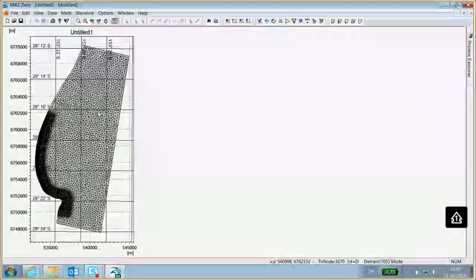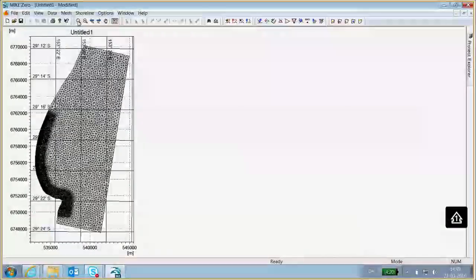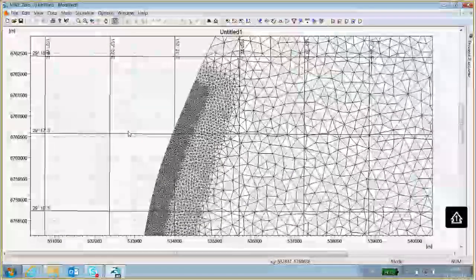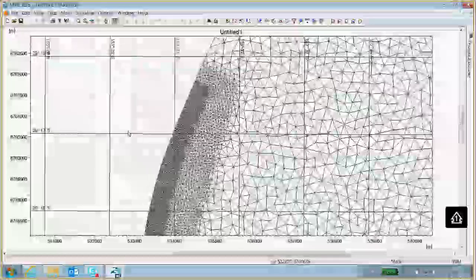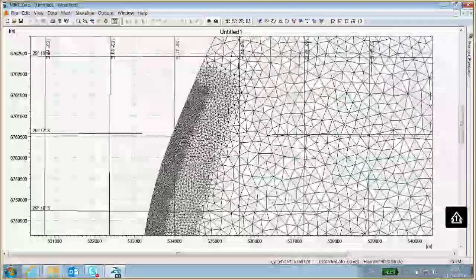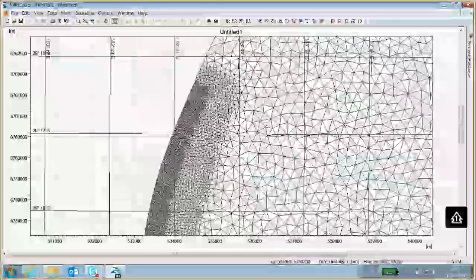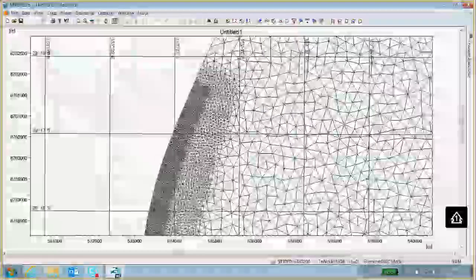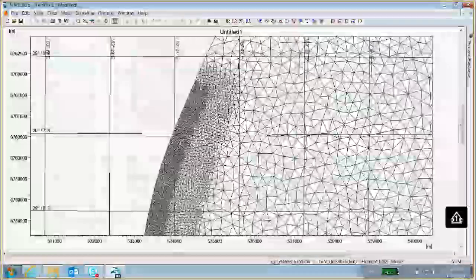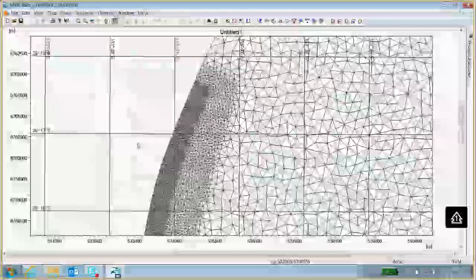So the first thing I want to do is generate a baseline, and the baseline is used in the shoreline model to define the direction in which shoreline points are moved. So that's similar to LIDLine, but the difference between LIDLine and the shoreline model is that in LIDLine the baseline is just a straight line, whereas in the shoreline model here we can have a curved baseline.